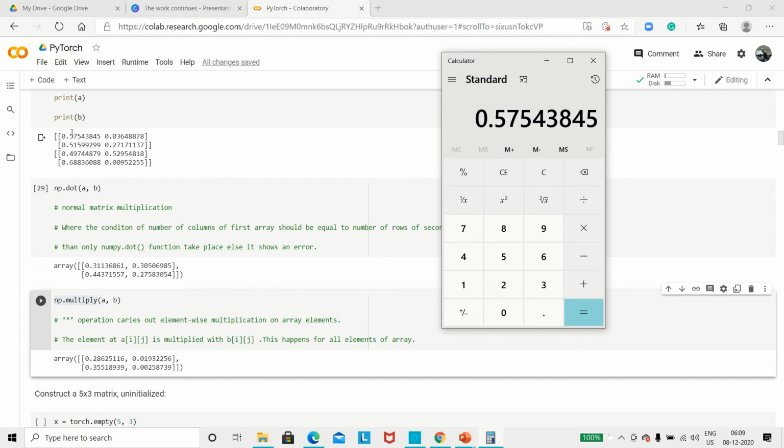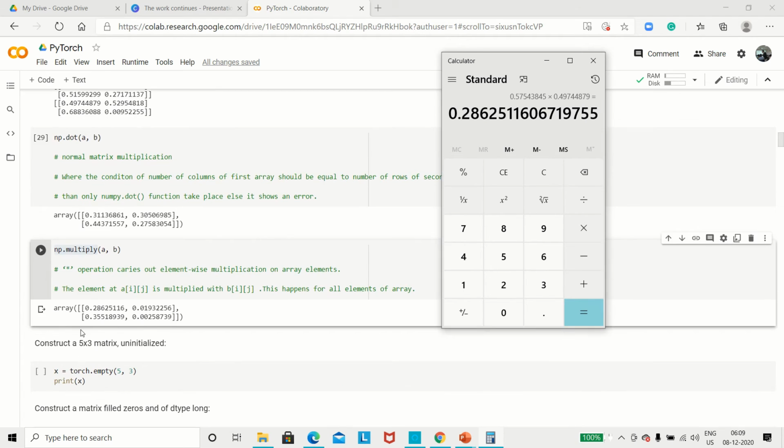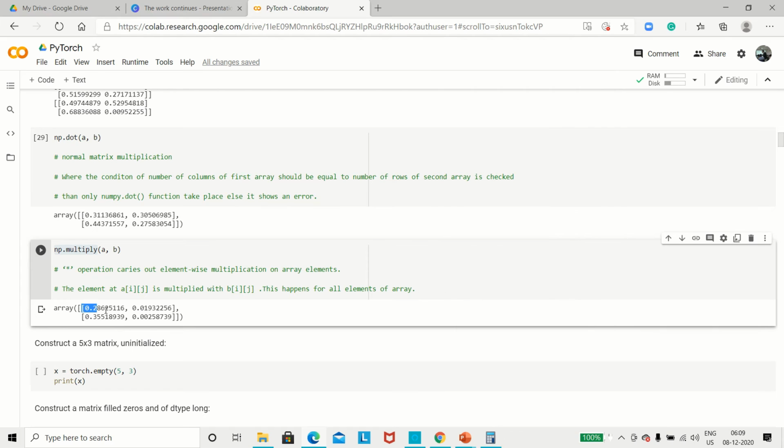Multiply by the first element of B matrix, 0.497444879. Now you can see the answer is 0.286251 and so on. This is shown as an output here when you have used the dot multiply function.